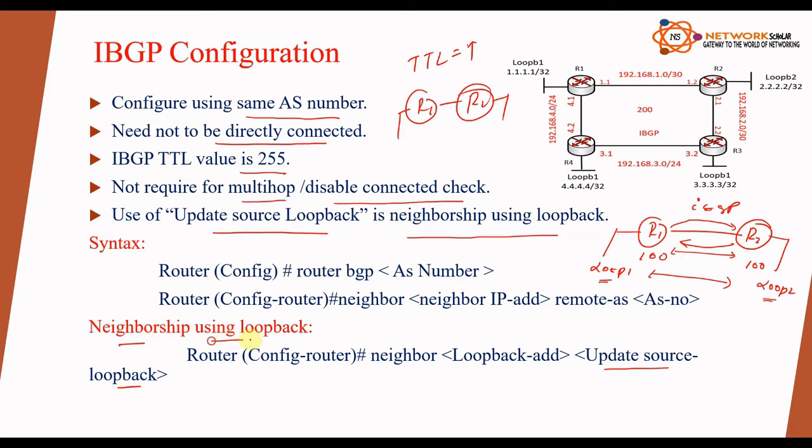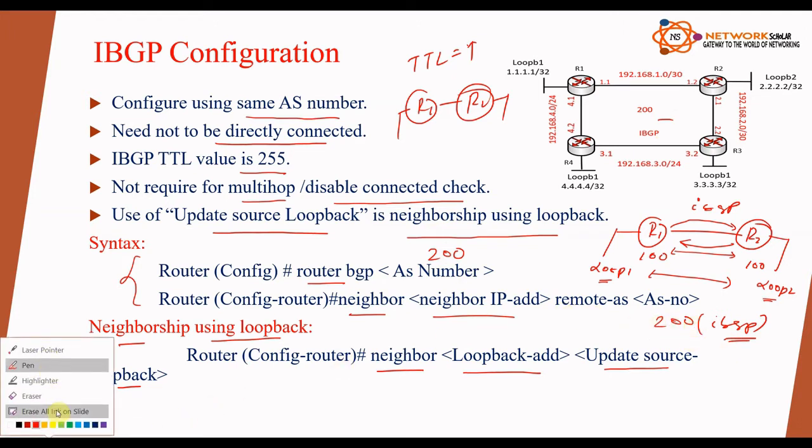So this is the syntax if you are using the loopback for creating the neighborship. You just use the neighbor command, specify the loopback address, and use the update-source loopback command for specifying where the packet is initiating from. And this is the normal syntax if you are establishing the neighborship between directly connected links. You just need to use router bgp and specify the AS number. In this case, we have 200, and then neighbor and the neighbor IP you are forming the neighborship with, and the remote AS, which is 200, because we are using iBGP. So in iBGP, the AS number is always the same.